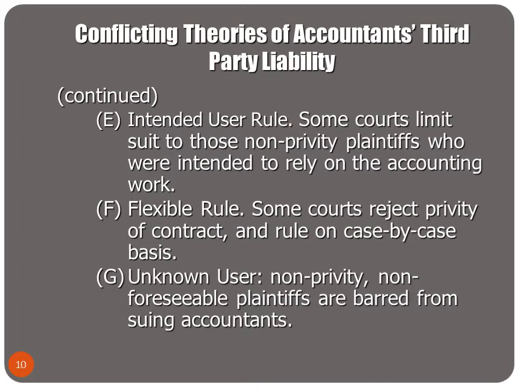And there are three more rules regarding accountant's third-party liability. The intended user rule: fear that the foreseeability rule does not sufficiently restrict the number of potential claimants has led some courts to limit recovery to those non-privity users who were not merely foreseeable but also expected or intended to rely on the work of the accountant in a particular transaction or another similar transaction. In this view, the accountant must have furnished the information directly to the non-privity user or to the client, knowing that the client would transmit the information to the non-privity plaintiff.